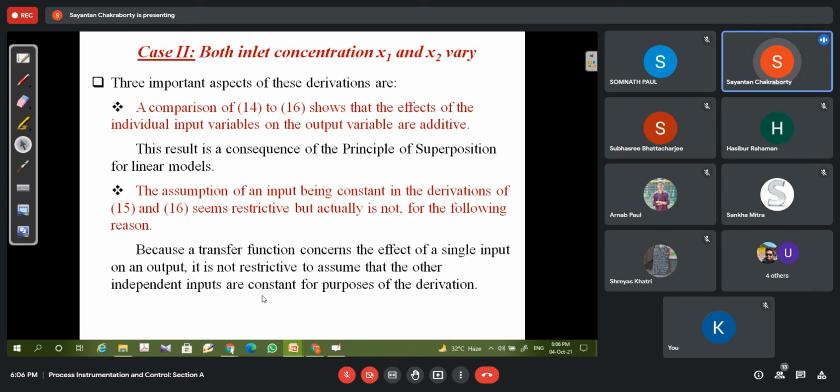Just like if you have parallel sources, you can ignore other sources and consider one source at a time. The similar thing is happening here. You are actually considering the effect of all the variations, but one at a time. But this principle will not hold if our linearizing assumption doesn't hold. So for the purpose of this portion, where you assume the operation to be linear, considering perfect mixing, constant volume, and constant density, this principle of superposition is valid, and you can arrive at the transfer function, the simple superposition of two individual transfer functions.